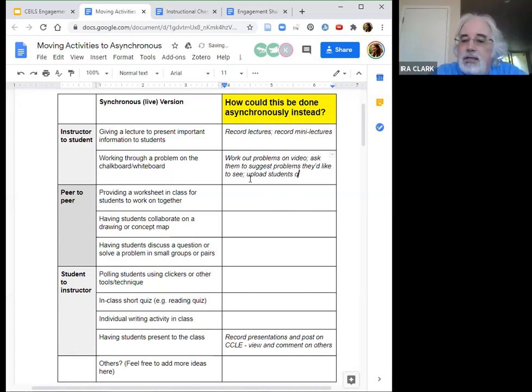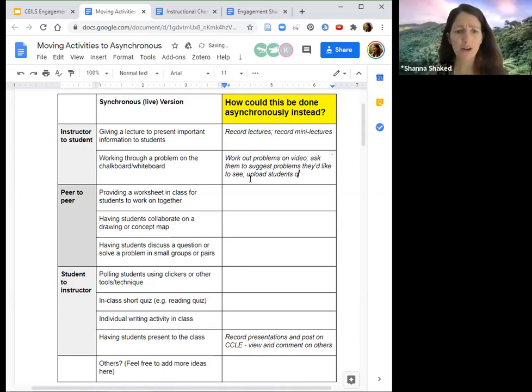Yeah, it's an option. And what I love about that, Ira, is it's also very equitable, right? A lot of students in a whole group class might not want to ask you to solve a problem, but if you have a chat or a survey or a discussion forum where they can ask, you're really hearing from the students who are more hesitant. That's a brilliant idea. I think Barbara had her hand up.